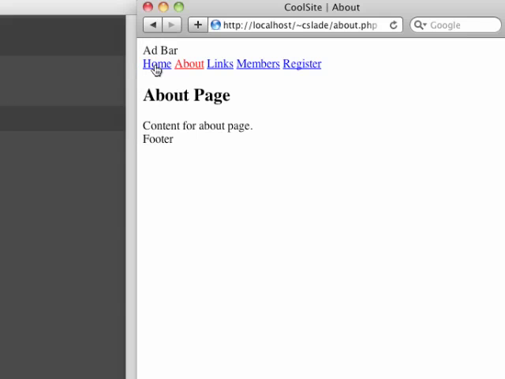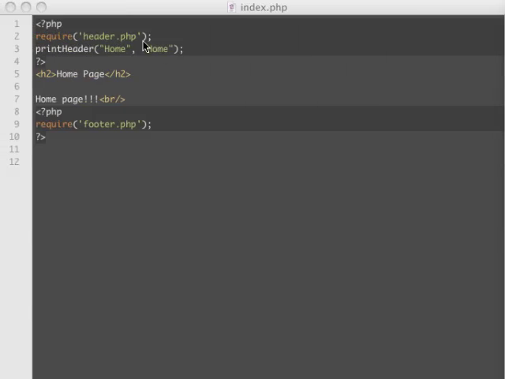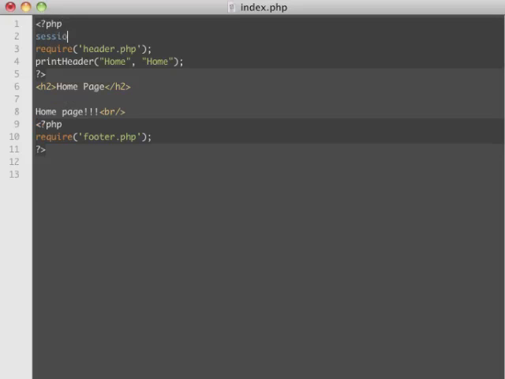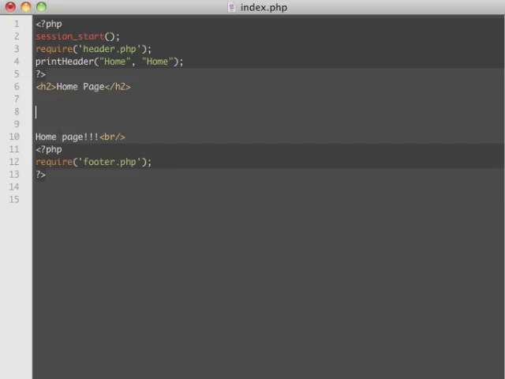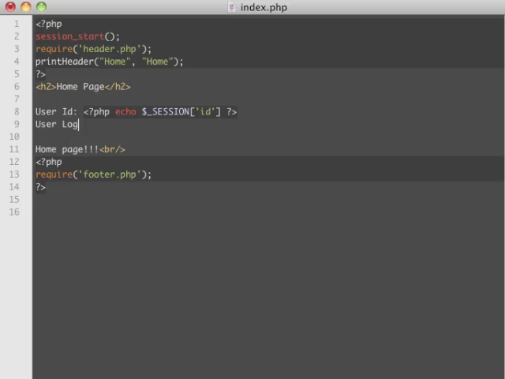So here's the home page. Let's see the view of it right here. Here's the code that does it. Again, we have to call session start right here, and I'm doing it at the beginning of my line. And we'll just have a user ID, and we'll just echo out the ID right there. And call this login. And then we'll echo